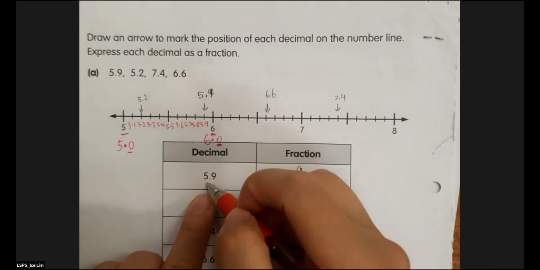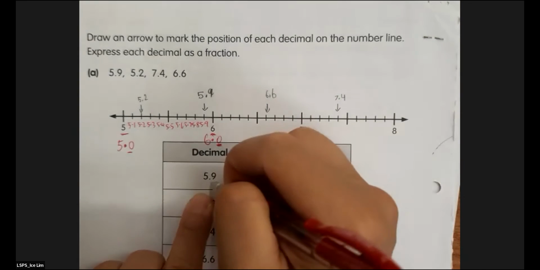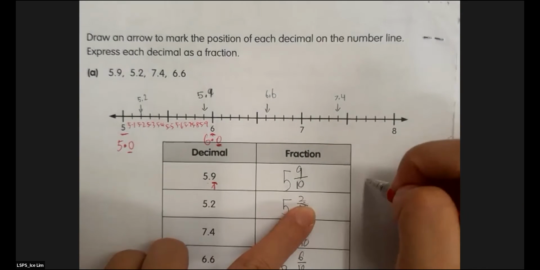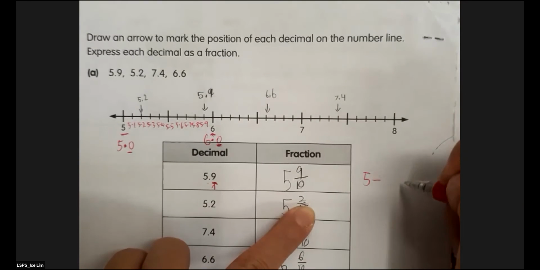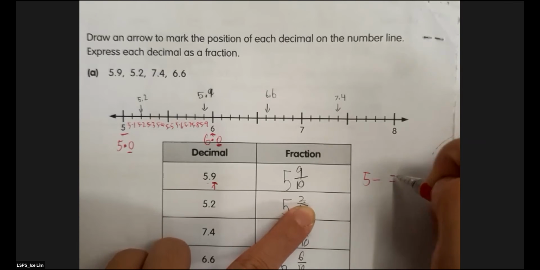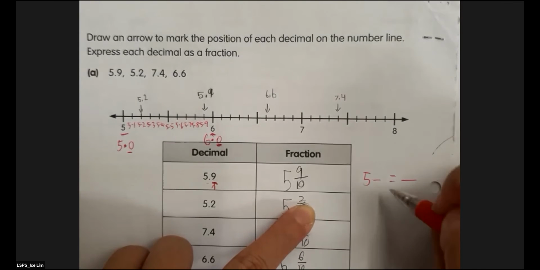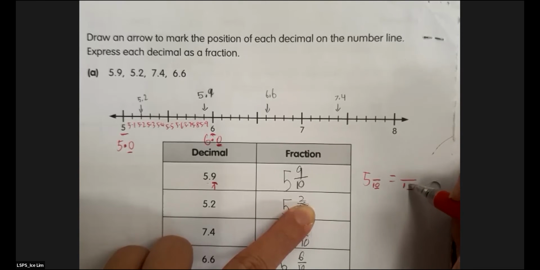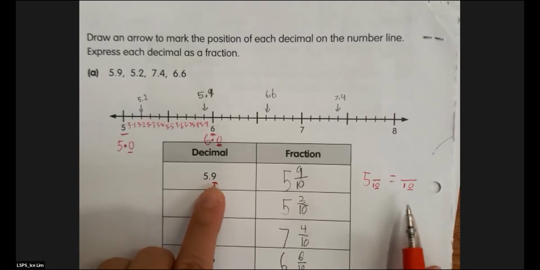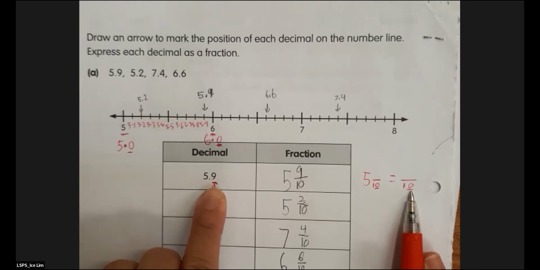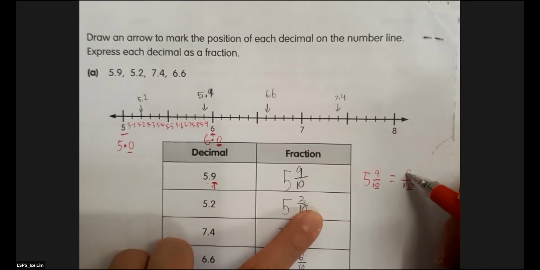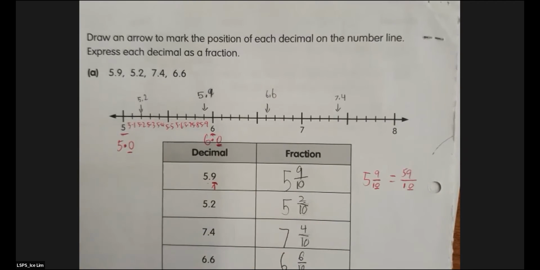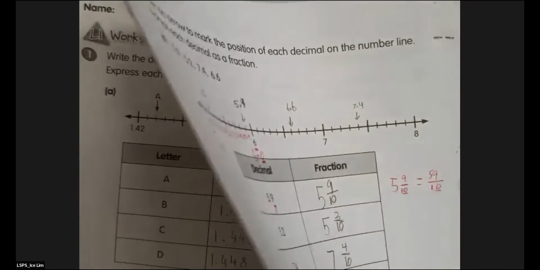So I have 5.9. There is 1 decimal place after the decimal point. It means that in my fraction, even if it's a mixed number or improper fraction, I have the tenths place. 1 decimal point, 1 space. And then you have 9. You understand? So even if I go to the hundreds,